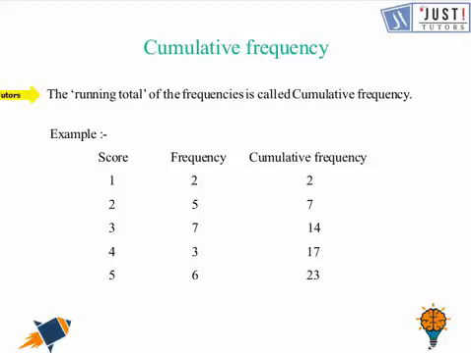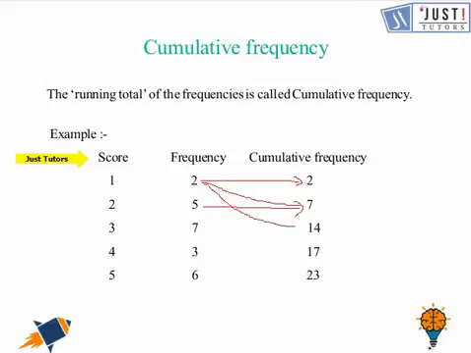We can say that cumulative frequency is basically the running total of all the frequencies given to us in the question. Given here is the data where scores are given, frequencies are given. How we need to calculate cumulative frequency, let's see. So here what we'll do, the first frequency will be written as it is. In order to write the second one, we need to add the first one and the second one. In order to work out the third one, we need to add all the three, that is 2, 5